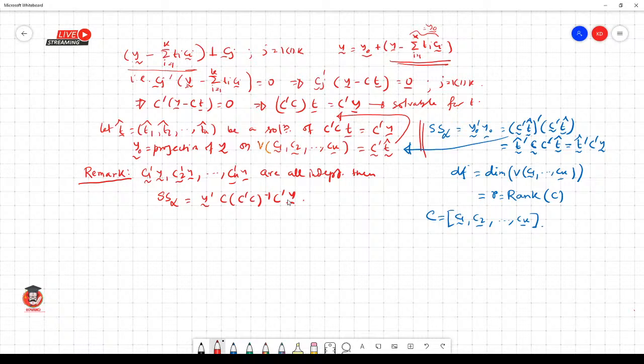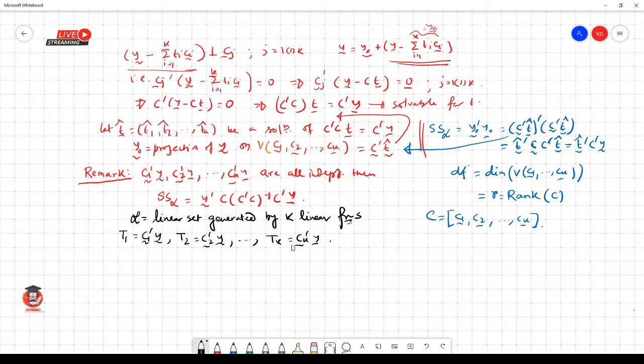You can prove this easily, since we know that script V is a linear set generated by k linear functions, then T1 equal to C1 curl prime y curl, T2 equal to C2 curl prime y curl, Tk equal to Ck curl prime y curl, and